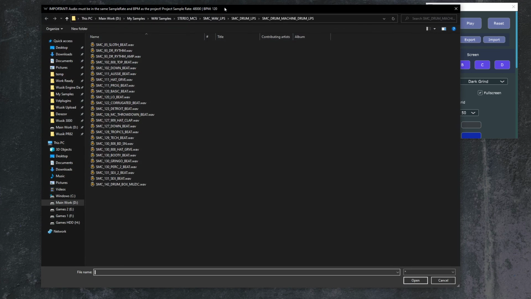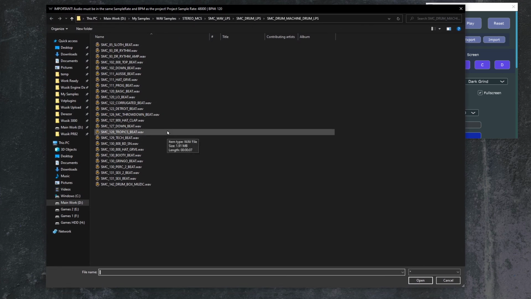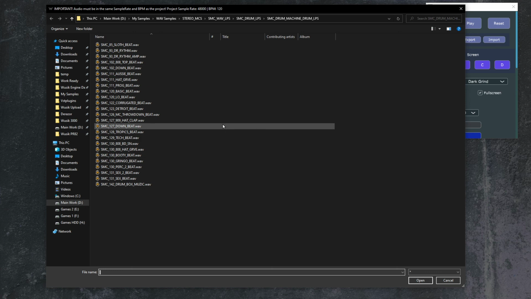So it's going to ask you to add the audio, and in this case, it shows here on the top. Important: audio must be in the same sample rate and bits per minute as the project. The sample rate is 48,000 and bits per minute is 120. You can select other sample rates and it's going to downsample or upsample, but it's not really ideal. The best thing is to keep the same sample rate in a project when exporting to use here, so it stays in sync correctly. So we're going to select this basic bit here,